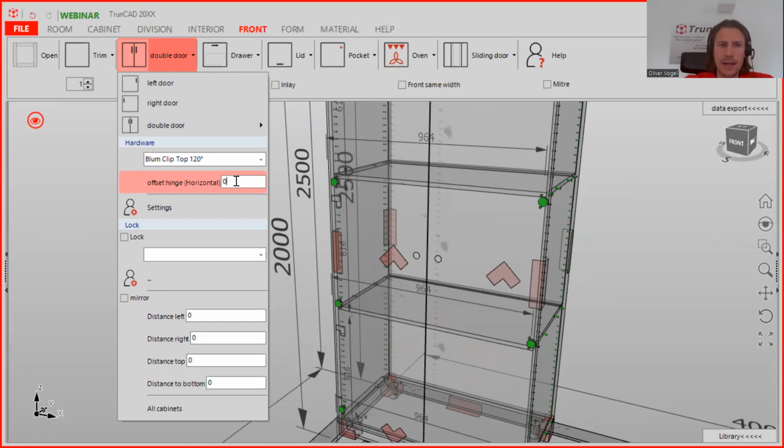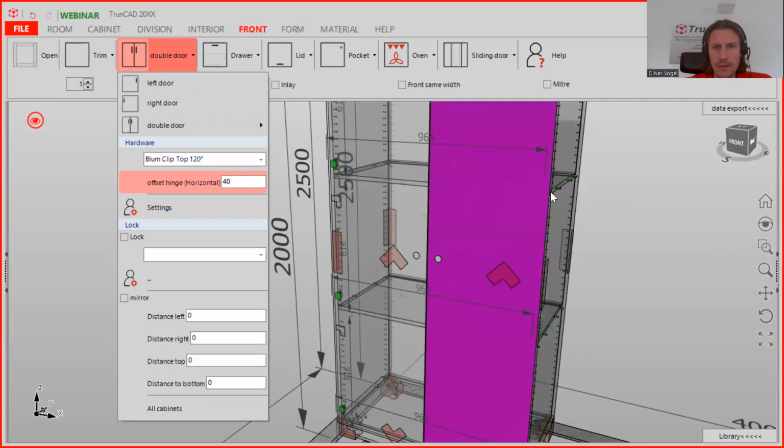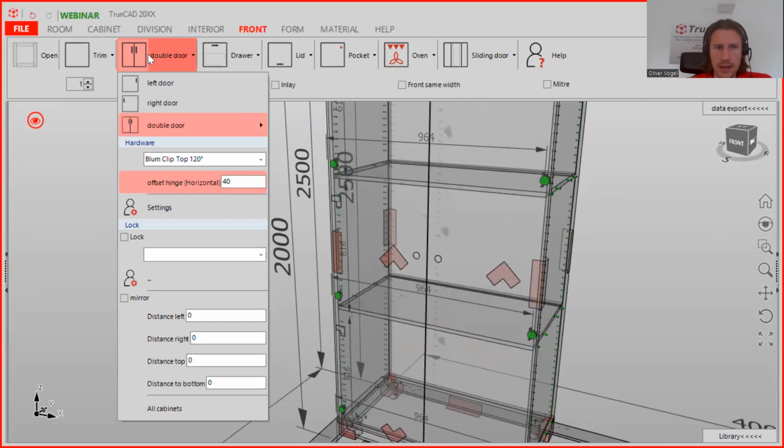And when you type in like here 40, then you see everywhere it's going up 40 millimeters. Yeah, when you type in minus here, you see it's changing straight away to minus 40. Yeah, that is also a really convenient function. All right, so that was